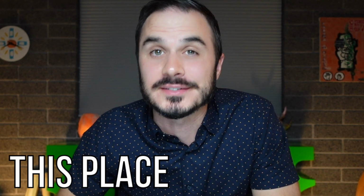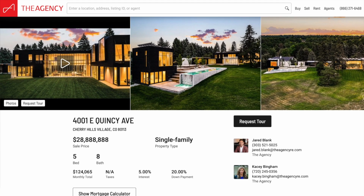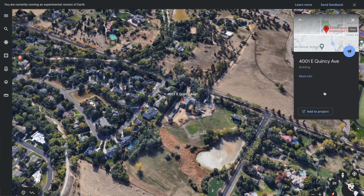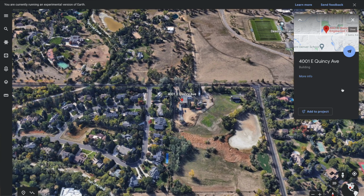One of Colorado's most expensive listings just hit the market after a meticulous 7-year build process, and let's just put it this way, this place is awesome. Priced at $28,888,888, this 14,000 square foot contemporary single family house is sitting in an area called Cherry Hills Village, which is